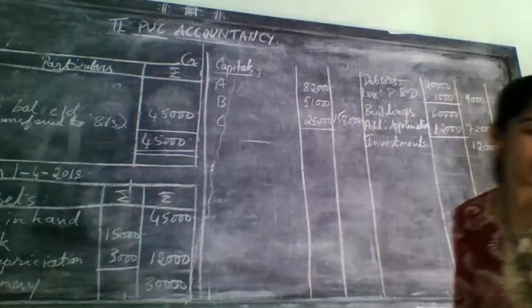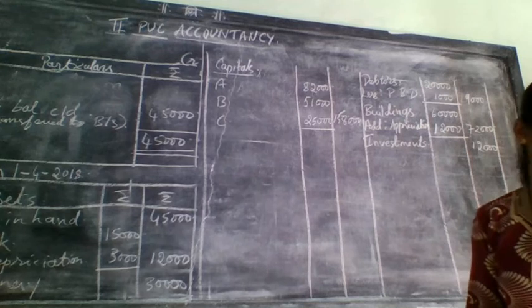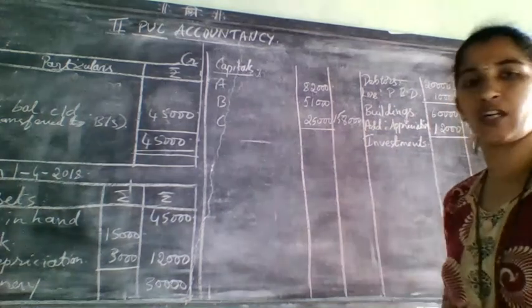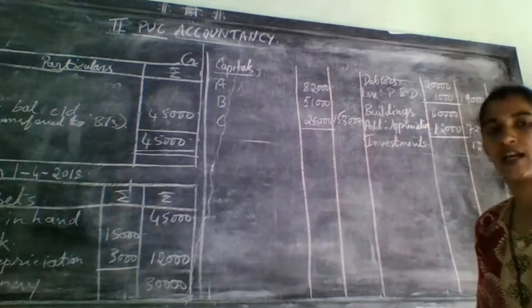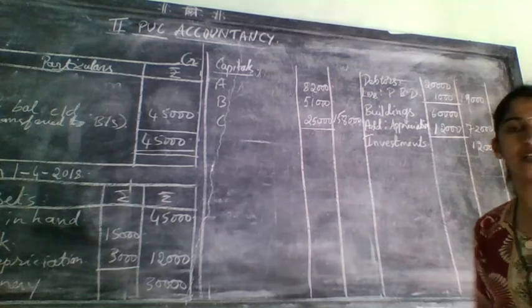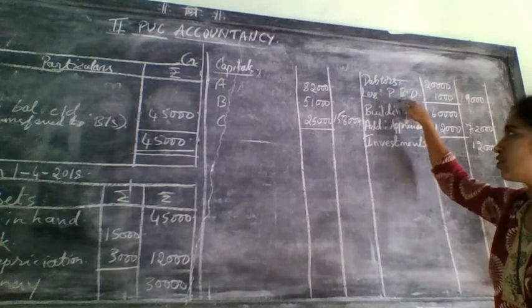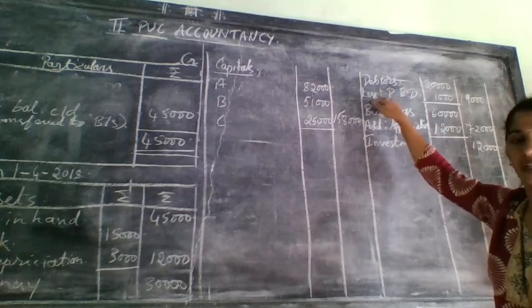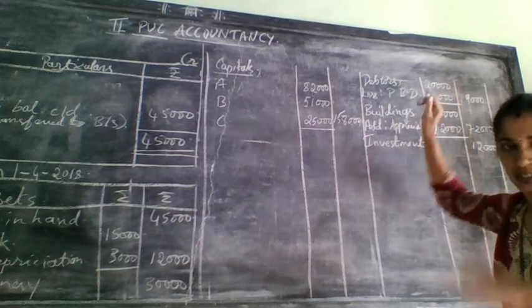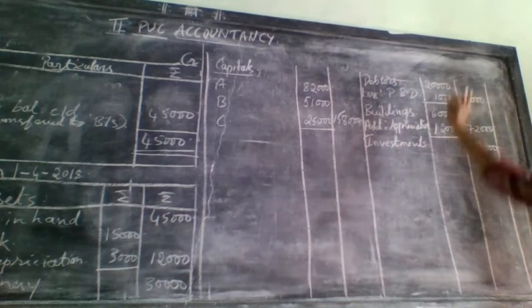So 2 times that adjustment over. Next, PBD on debtors, that is provision for doubtful debt, maintain 5% on debtors. One time it was over in the revaluation account, on the debit side as PBD. One more time you have taken it here in the balance sheet and deducted from the debtors, because PBD was created here. It will reduce the value of the asset, so you have minus. So that adjustment also over.